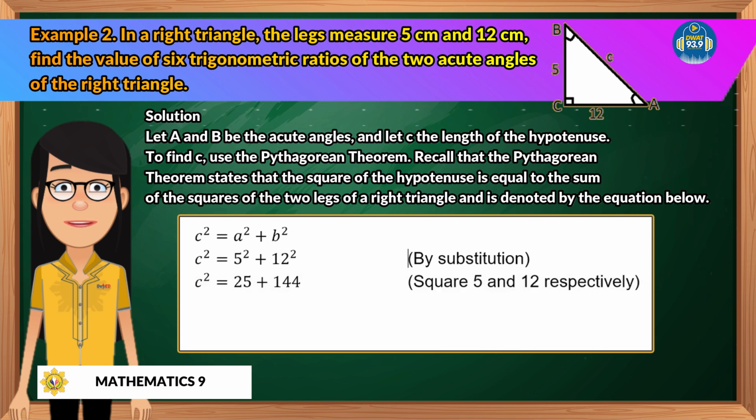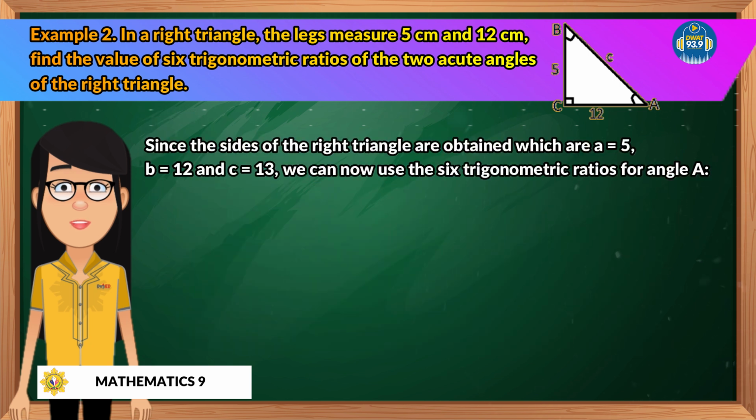Squaring 5 and 12 respectively, we have C squared equals 25 plus 144. Adding 25 plus 144, we get C squared equals 169. Finding the square root of 169, we get C equals 13. Remember, the length is never negative. Since the sides of the right triangle are now obtained, which are A equals 5, B equals 12, and C equals 13,